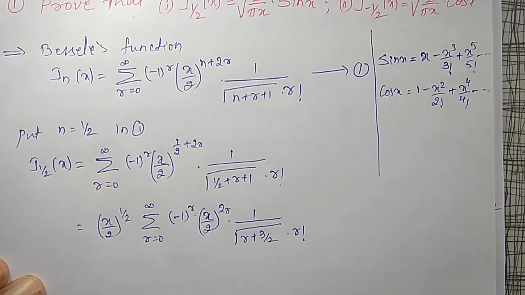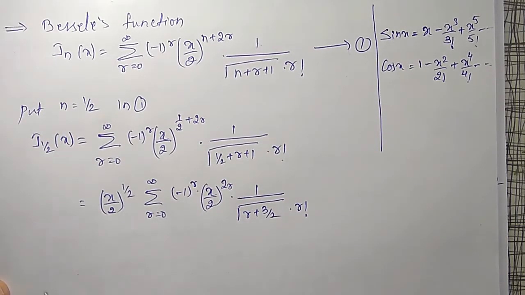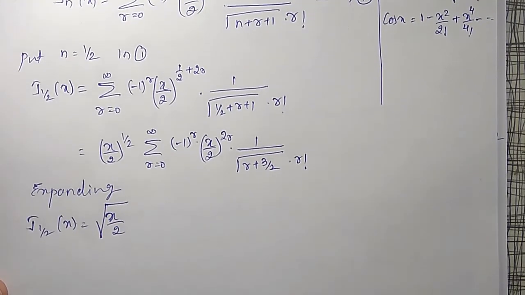Let me expand this for r equal to 0, 1, 2, 3 and so on. Then let me try to adjust my required answer. Therefore, expanding, J half of x is equal to, I will write it as the square root of x divided by 2 raised to 1 by 2, which is nothing but square root of 1 by 2 into